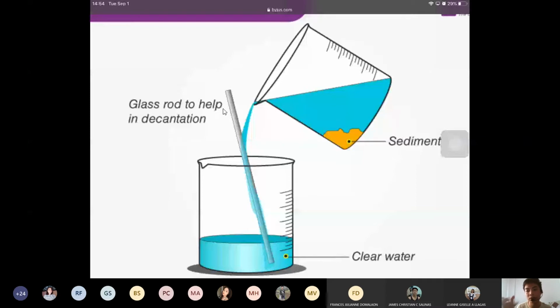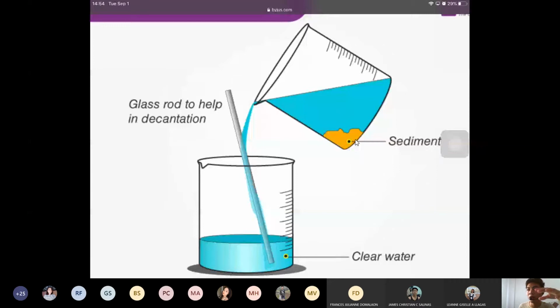The oil clumps quickly, so I can separate that manually or I can decant it. I will wait until the oil layer is on top and the adobo sauce layer is at the bottom, because that's what happens, diba? So what I will do, let's say this is the adobo